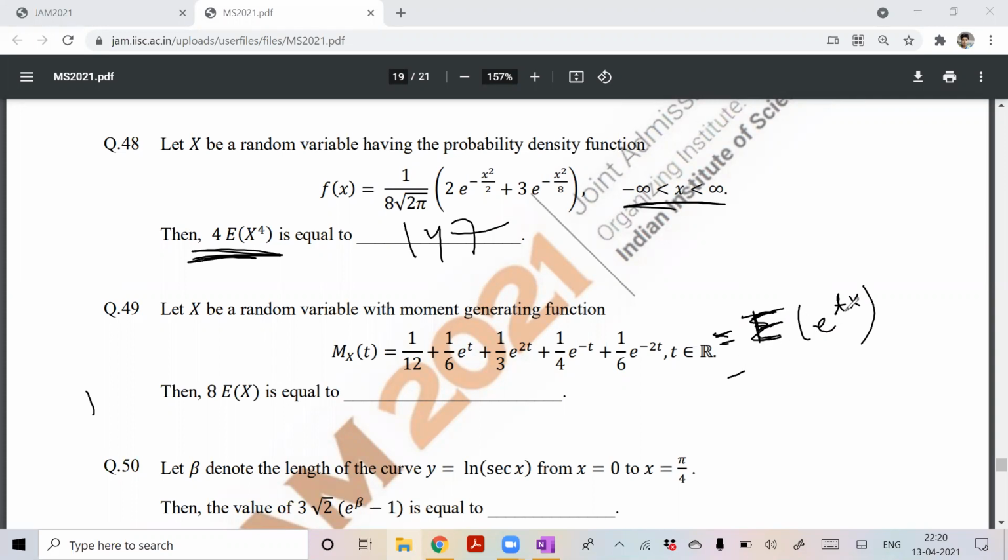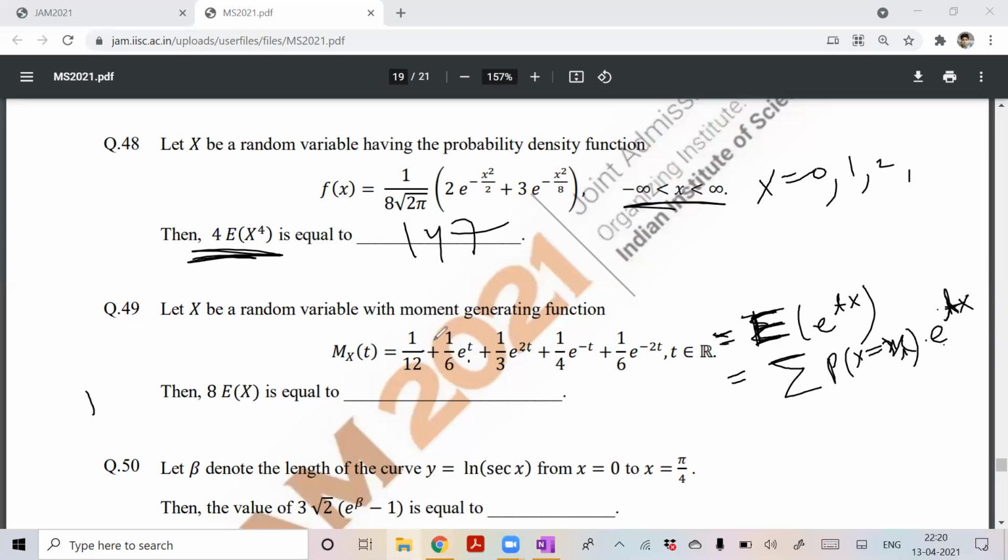If you open it, it is the expectation E, and now I write the summation form. Summation probability x is equal to x into e raised to power tx. So just compare. In the first term, e is not available, meaning x was 0. So x can take value 0. In the second term, e raised to power 1t, so x is 1. In the next term, 2t, x is 2. Just compare with this, tx. If you open it, x you will put 1, so e raised to power 1 into t.